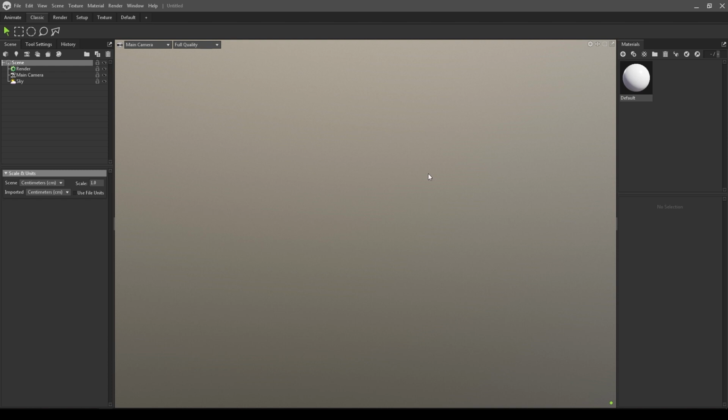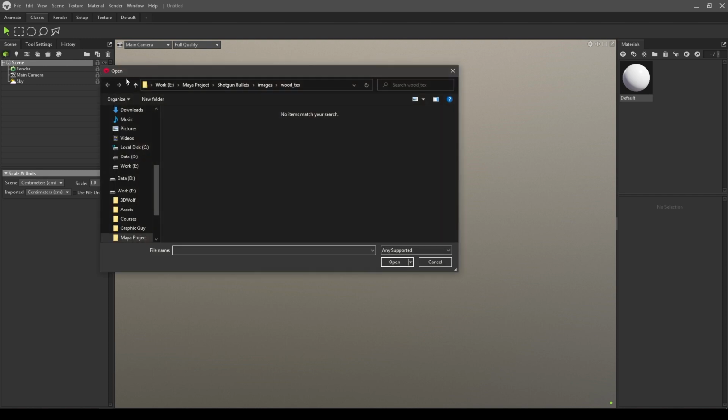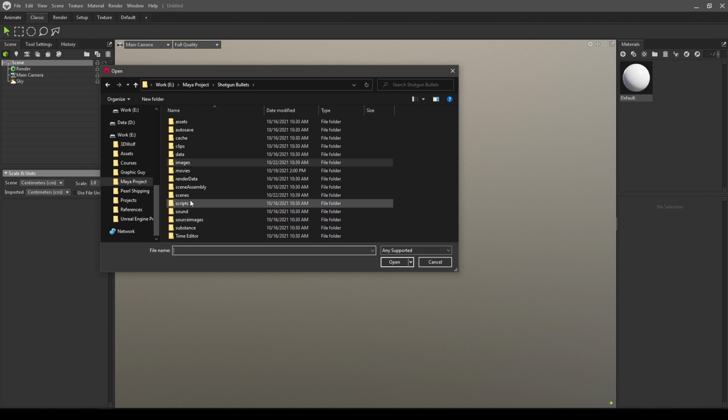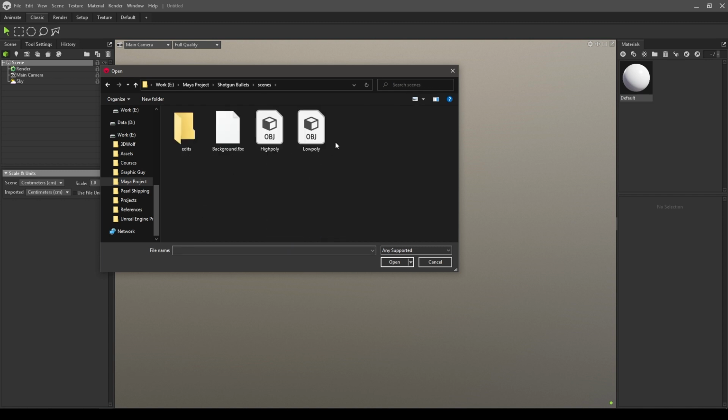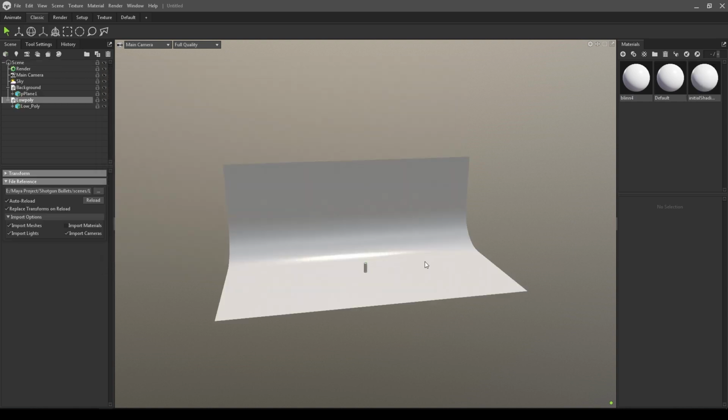Today we are going to render our asset we textured in the last video. So I have exported all the textures from Substance Painter, and I've already made a tutorial on that. You can check it out in the description or click on the I button. So let's import our mesh, and we're going to go in this import model and look for our mesh. We have this low poly and this background. So this background is just a plane.